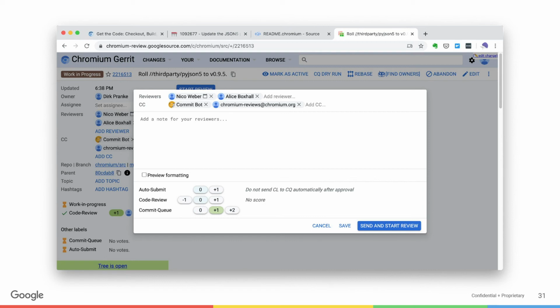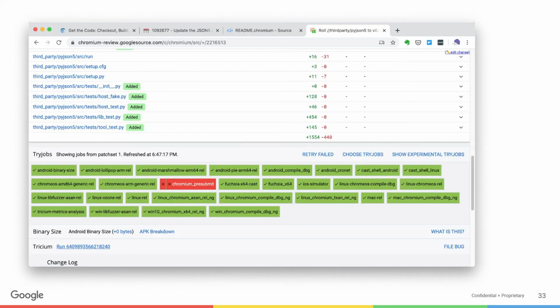Okay, but at some point, somebody comes back and approves it. If you were looking at my change, you could see that somebody did approve my change. Here you can see the results from my commit queue dry run. The green boxes mean that everything passed on those particular configurations, but you can see a couple of red boxes that indicate that something actually failed, which means I need to fix something before this change can land successfully. So if you click on that box, if you're lucky,